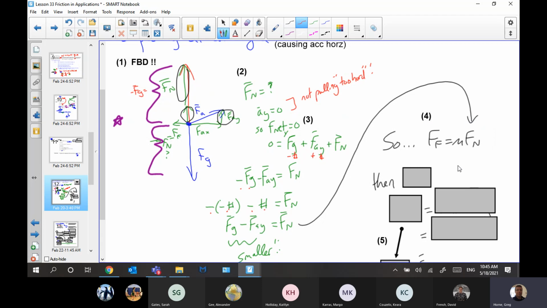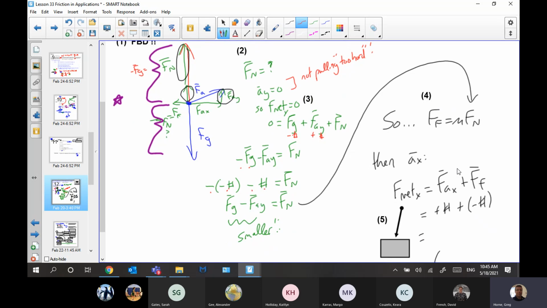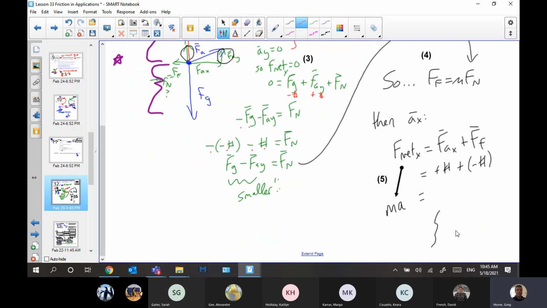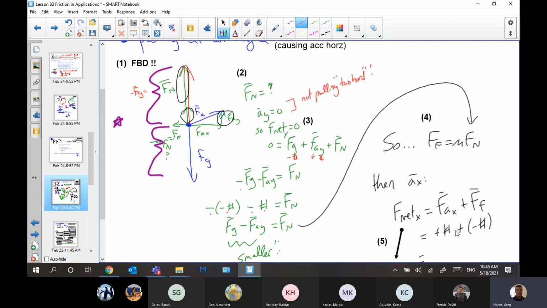Anyways, so friction force would be the mu Fn value, right? So you'd be able to figure out the friction force. You'd have a number for the normal force. And for the acceleration in the x direction, you'd use your applied force x component and your friction number. Why is that going into the minus? Well, obviously the friction is going to be against the motion, right? So you get a value, and then F equals ma, and so you can calculate the numbers. You can calculate the acceleration. So that one's walked through